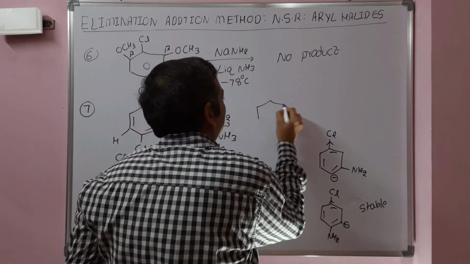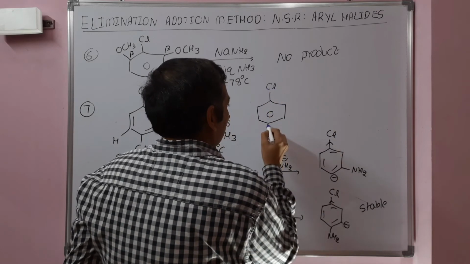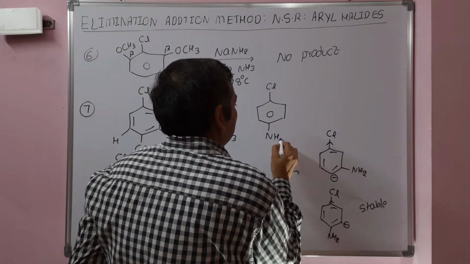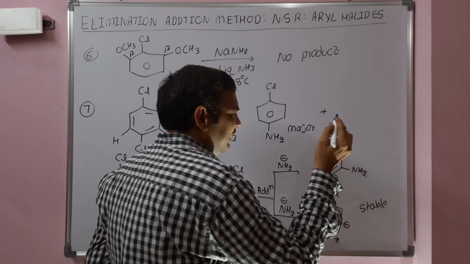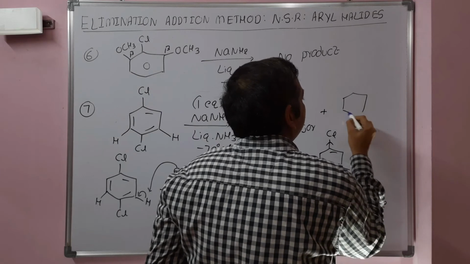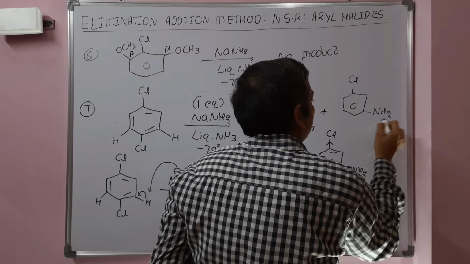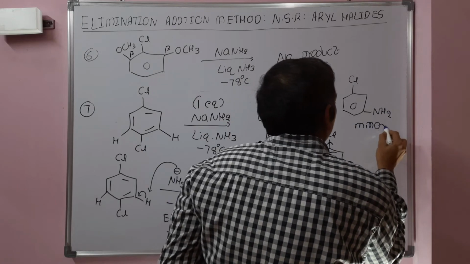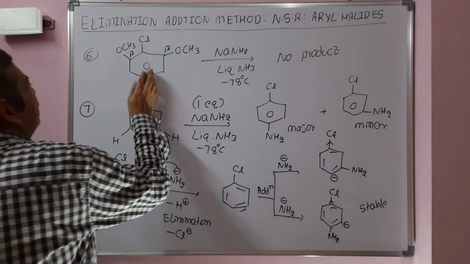So the major compound that is obtained here is 4-chloroaniline, whereas 3-chloroaniline is the minor compound. Okay, see the major and minor isomers. The minor isomer is 3-chloroaniline. Next example,